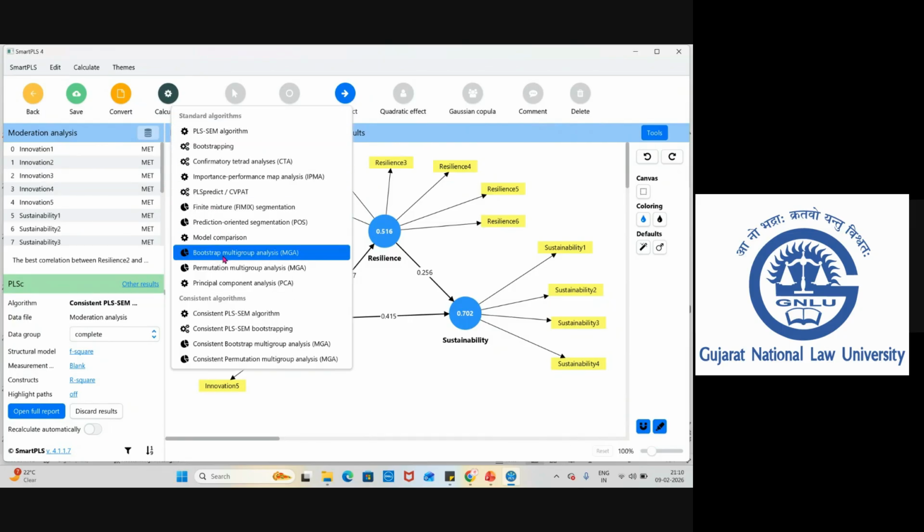There is an option called permutation multi-group analysis. Sorry, this is consistent permutation multi-group analysis. Please don't get confused. As we have reflective constructs, we are going to follow consistent algorithms. So, consistent permutation multi-group analysis.